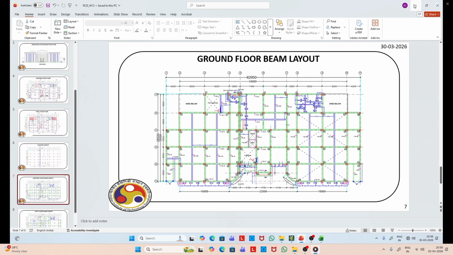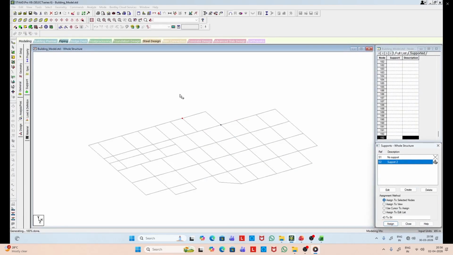Here we will make an approximation. Here you can see the dimension is 5.225 meter and the grid is 8 meter.